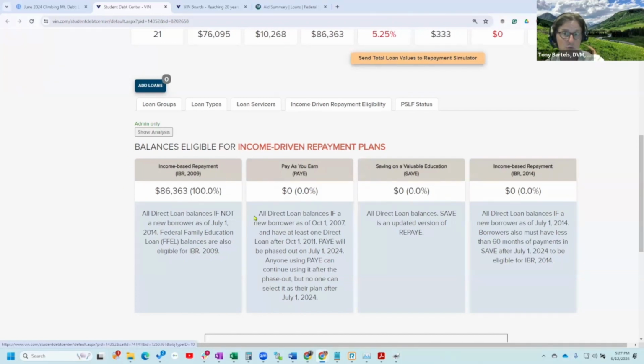If this is you, right? If you see 100% for IBR 2009, you are in income-driven repayment eligibility profile 4, you should be running to consolidate your loans, right? You have to consolidate your loans if you want to be considered for the forgiveness count adjustment. There's no ifs, ands, or buts about it, right? So consolidate your loans before the end of June 30th. This is probably the most straightforward of any of the profiles in terms of what we can definitively say, yes, you need to act, right? The rest of them get a little more fuzzy,